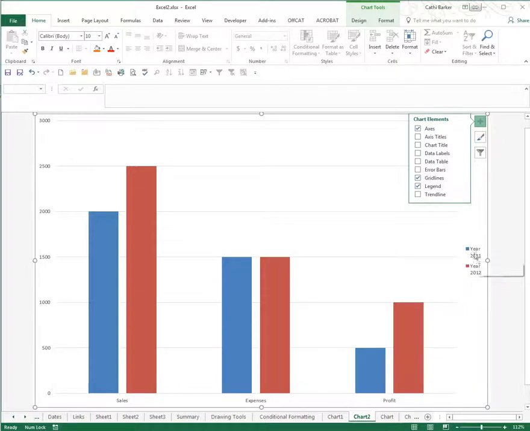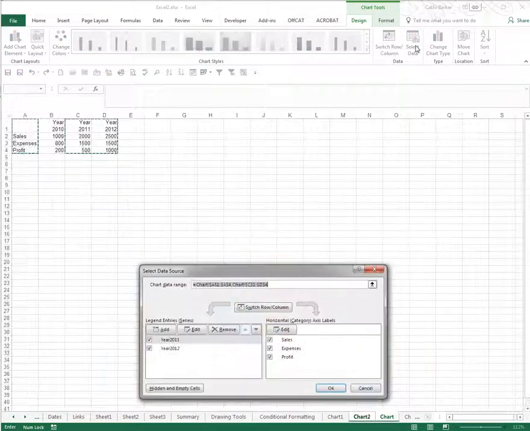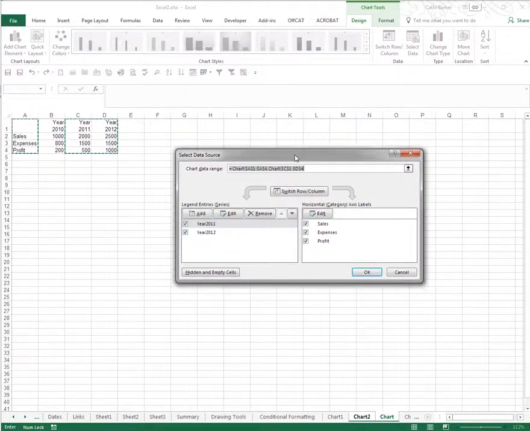Now I don't really need to see the word year showing here. So what we can do is on the Chart Tools Design tab is we can go to the Select Data button. In the Select Data button, it tells me what this chart is based on, both here and visually in the background. I can see that I've got two series, and they're my legend entries. They're the year 2011 and the year 2012, which is coming from here. I can see that my horizontal axis is getting its information from here, and that's why I got sales, expenses,